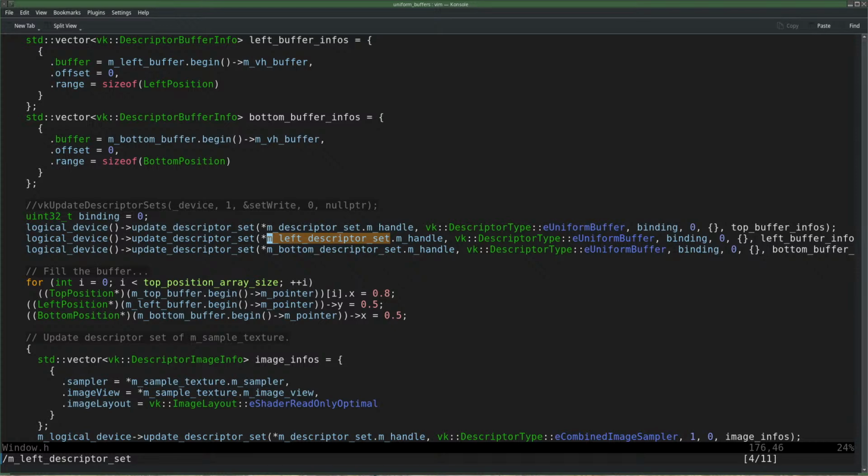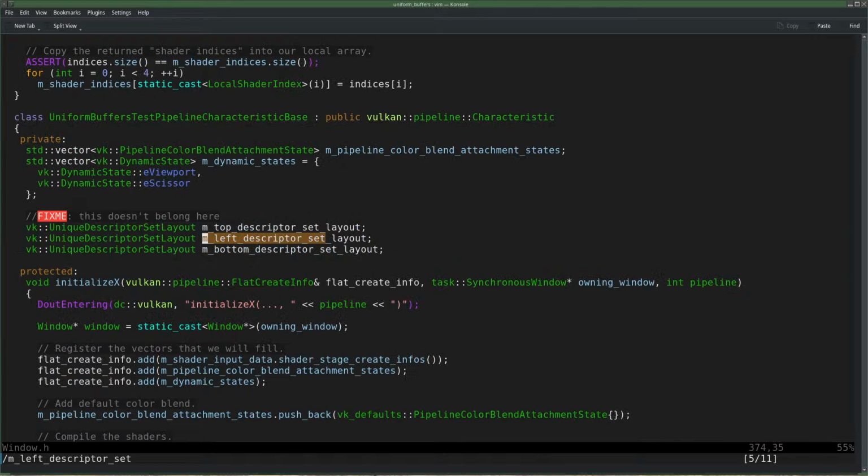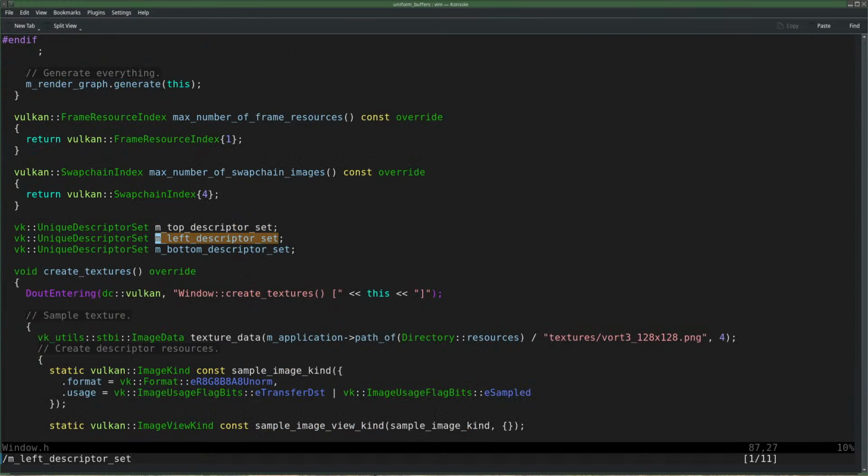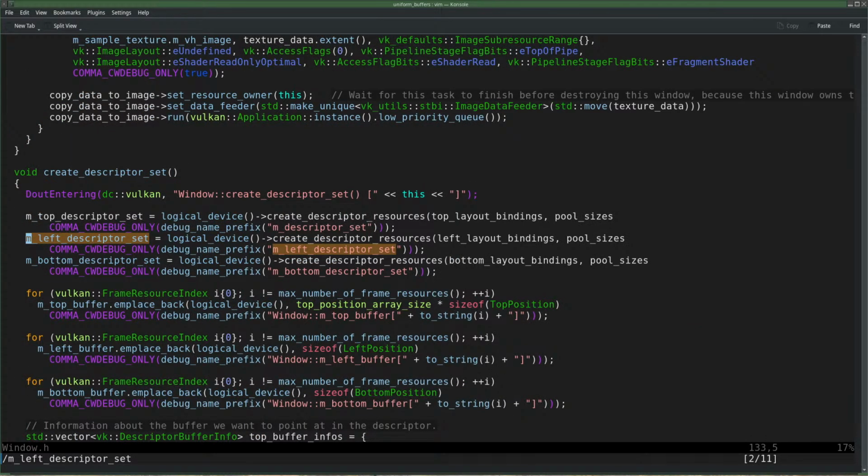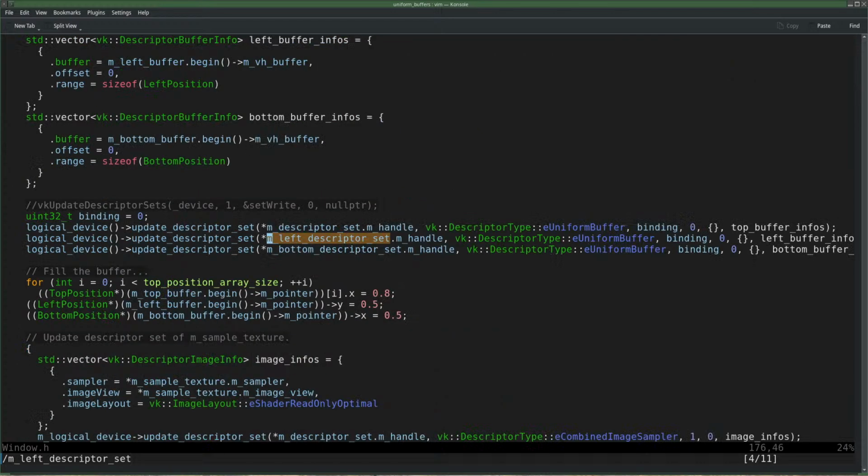There it is being used. Let's go to the top, search, declaration, assignment. Update of the descriptor sets.